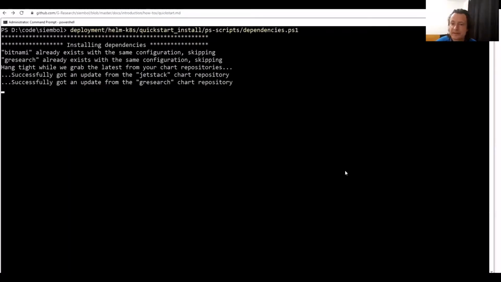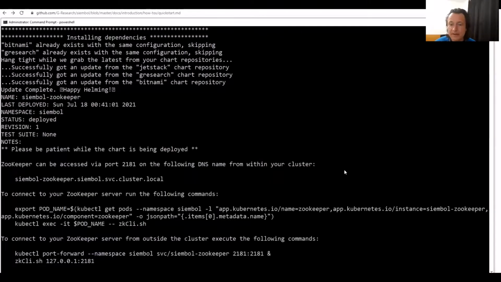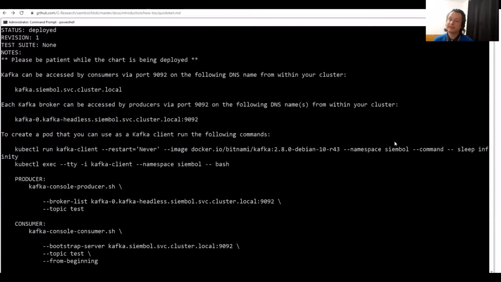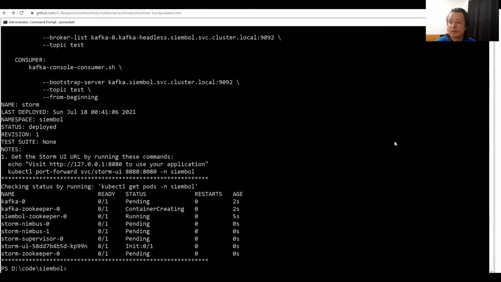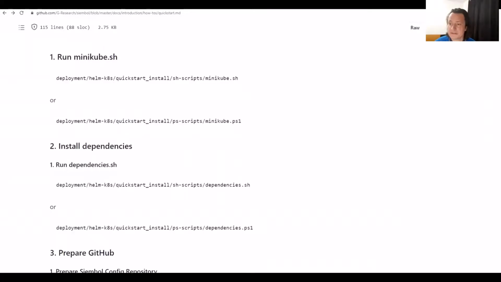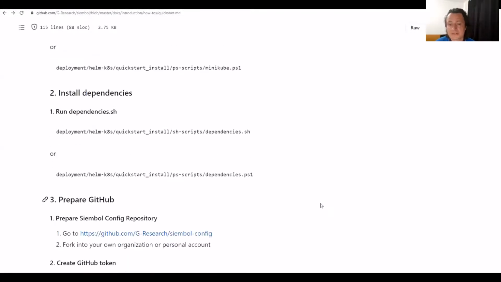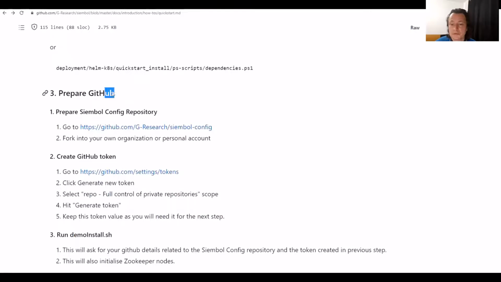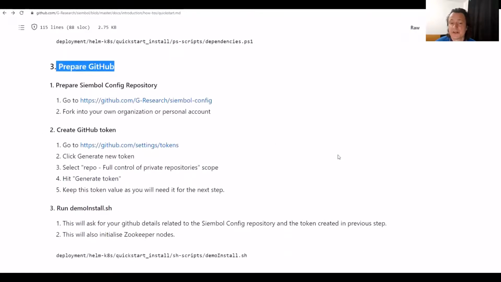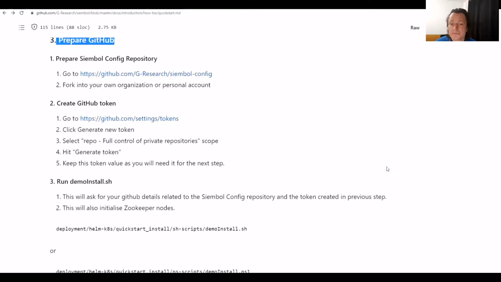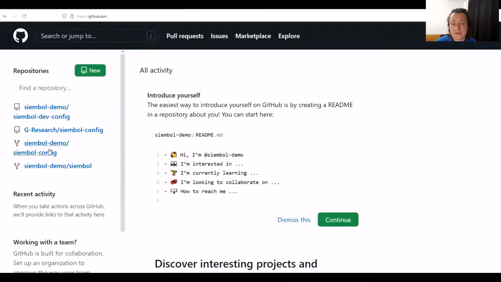Currently, dependencies such as Kafka, Storm, and Zookeeper are installed. And we have prepared a Siembol config repository with simple configurations. You need to fork this repository in order to follow this quick start guide. So you need to fork the repo and generate